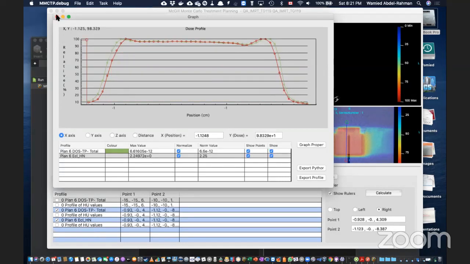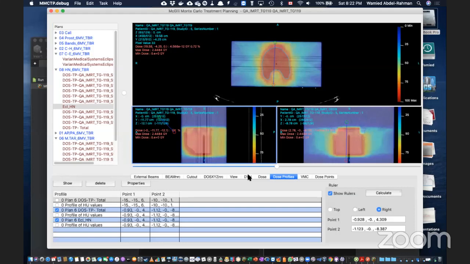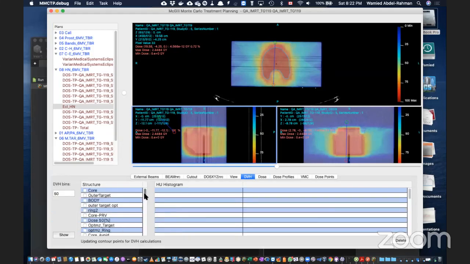So anyway, this is the part on how to run, and also the DVHs. That's something that does not work yet for me at least. I was hoping Andrew would join us, but he seems to be on call. And let's see if we can get the PTV. Which one is